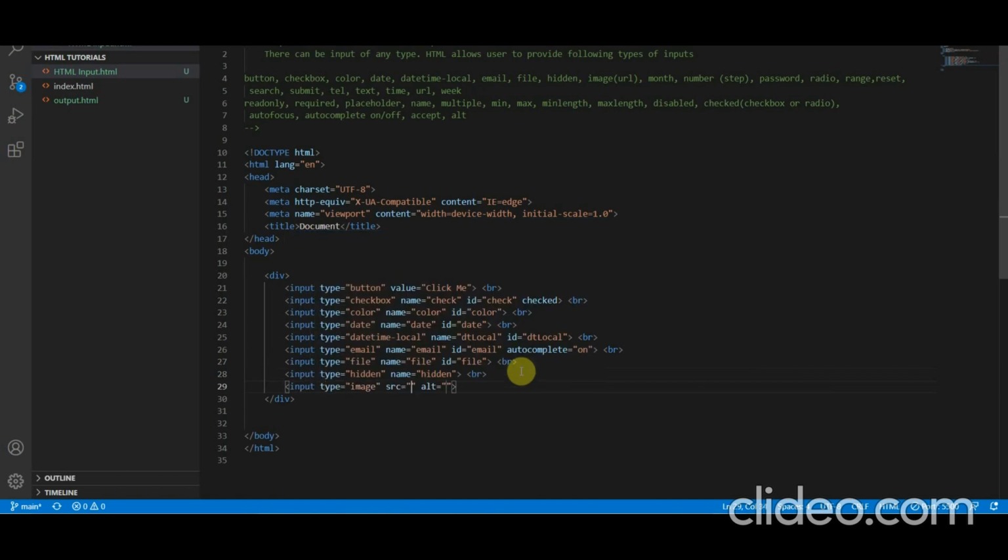Input type image. Here it is asking me for a source of the image and an alt attribute. Alt is nothing but the alternative. So when my file is not getting loaded, because if you are serving a static file then it can get loaded, but sometimes if it is not being served from any particular server, then it won't be visible to you. So here in source, let's say if I have